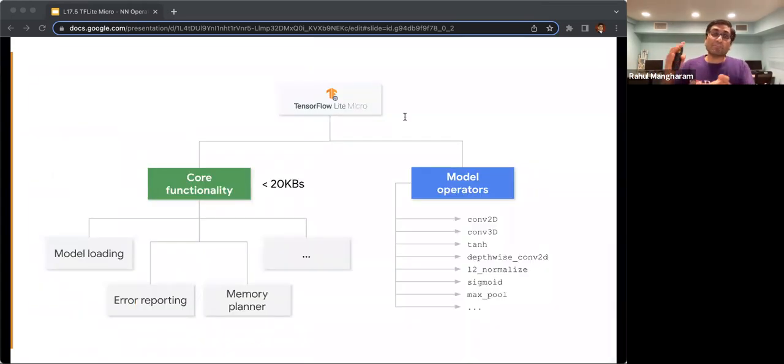To help minimize the binary footprint of the library's executable code, TensorFlow-Lite Micro is broken into two main sections. The core functionality includes things like model loading and the interpreter, and is always required. But we aim to keep this size below 20 kilobytes. The second section contains the code that implements the operator calculations, also known as kernels. These are divided up by layer and are designed so that they can be independently included or excluded from the